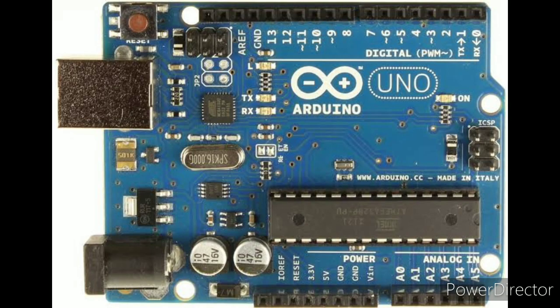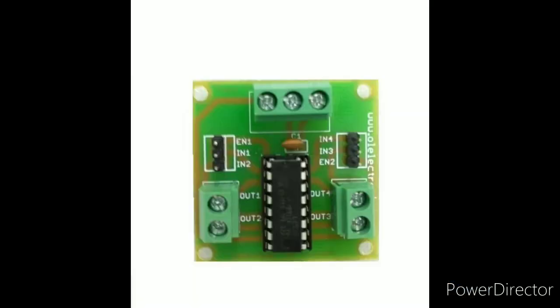We are using the Arduino Uno board as a controller. The Arduino Uno is an open-source microcontroller board based on the Microchip Atmega 328P microcontroller and developed by Arduino. The board is equipped with sets of digital and analog input-output pins that may be interfaced to various expansion boards and other circuits. The L293D is a 16-pin IC, with 8 pins on each side, dedicated to the controlling of a motor. There are 2 input pins, 2 output pins and 1 enable pin for each motor. L293D consists of 2 H-bridges.